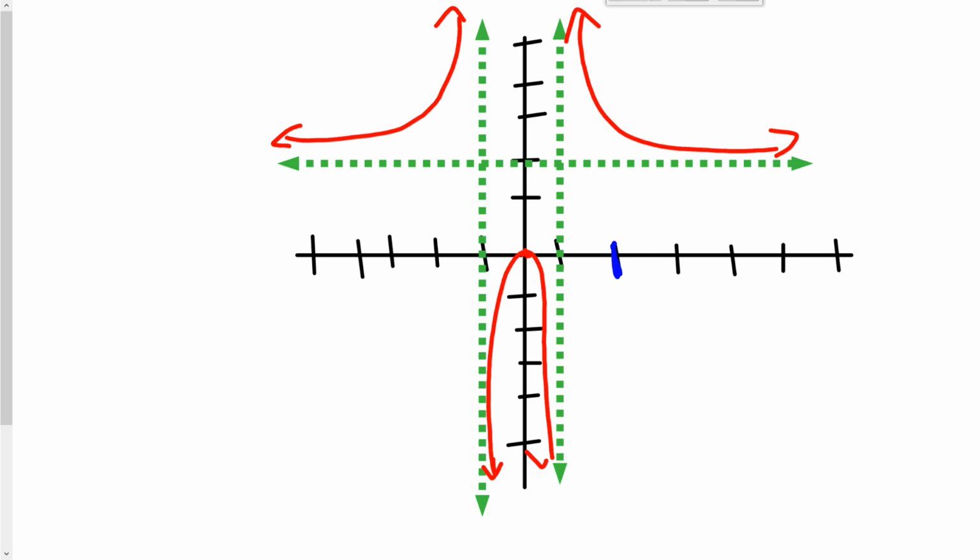Now what I might want is maybe some points, right? So I might plug in after my vertical asymptote and before my vertical asymptote, and then in between I might plug in a point, so then I can find out kind of where my graph is. So that's kind of how you do those. Kind of tough, but I'll also give you a paper with the steps on it to do it. Okay. So it's a little tough, but